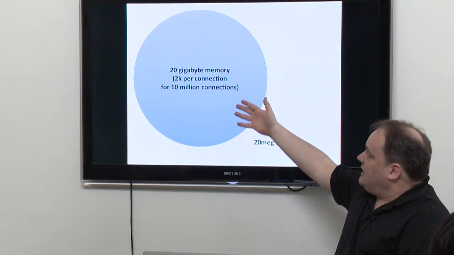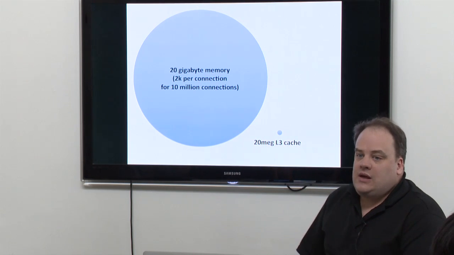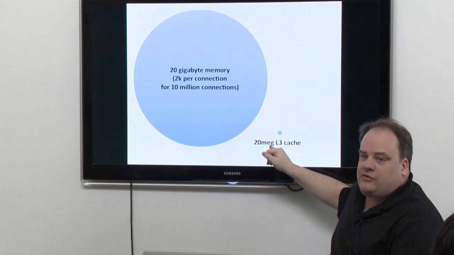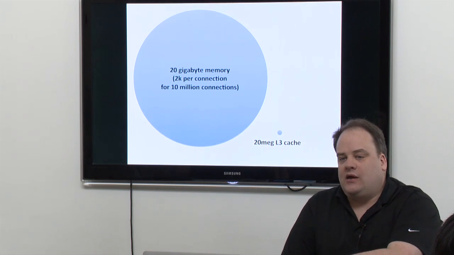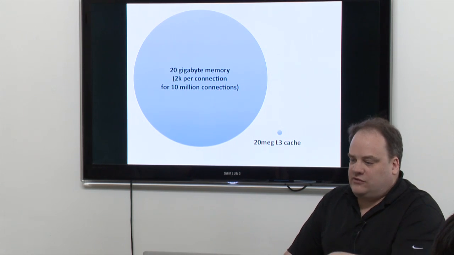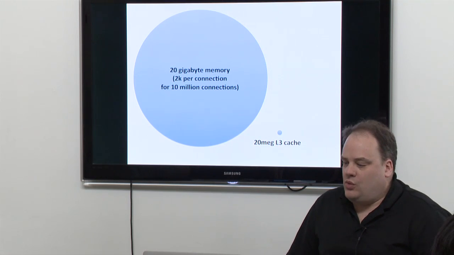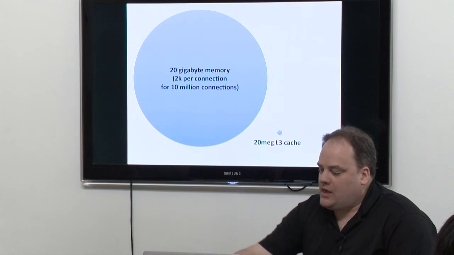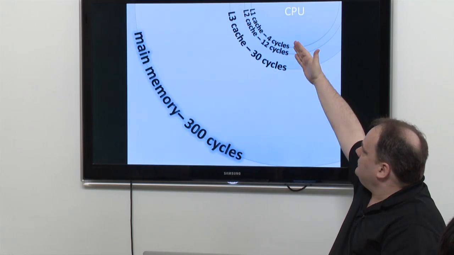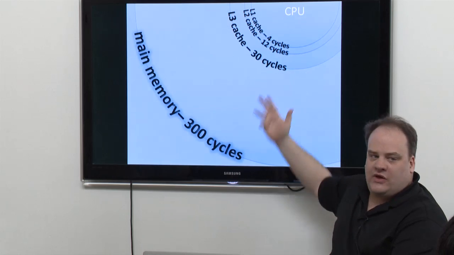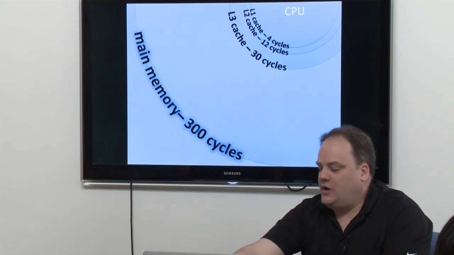But when you're at 10 million connections with 2 kilobytes per connection, it's 20 gigabytes of memory. And your CPU still only has 20 megabytes of cache. What that means is when a packet arrives, everything associated with that packet will not be in the cache. So the TCP stuff won't be there, the HTTP stuff won't be there, anything else associated with it will not be there. And what that means is every time it tries to access things, I try to visualize what that looks like if everything is really, really far away from you. All that memory is really, really far away.